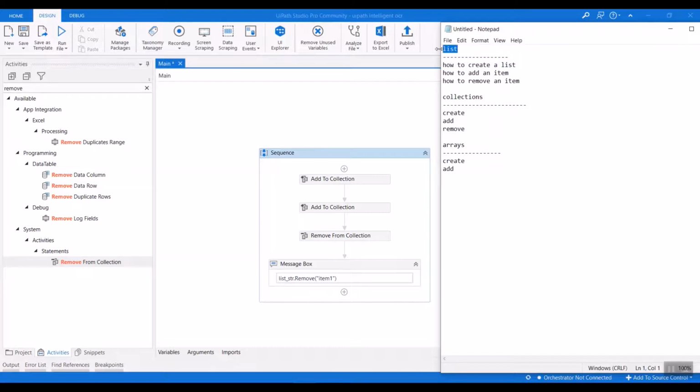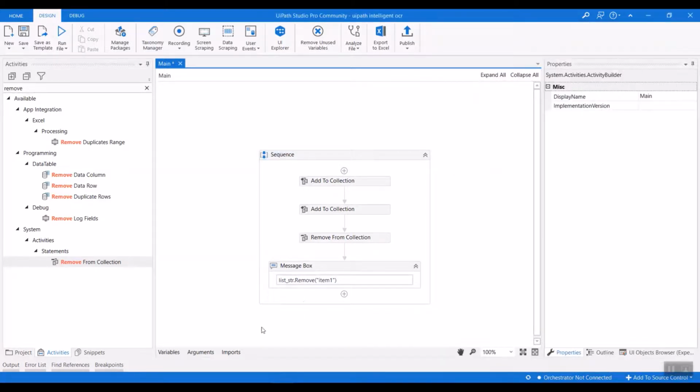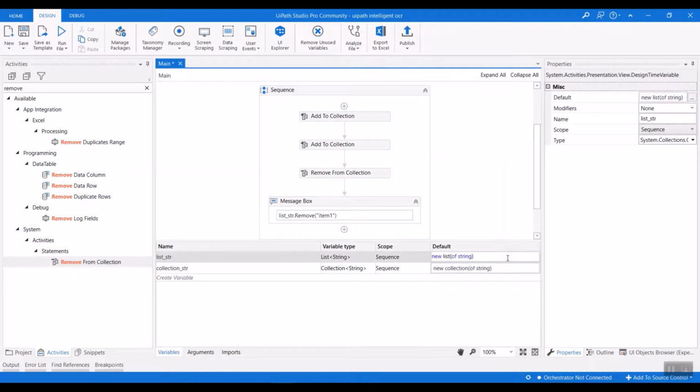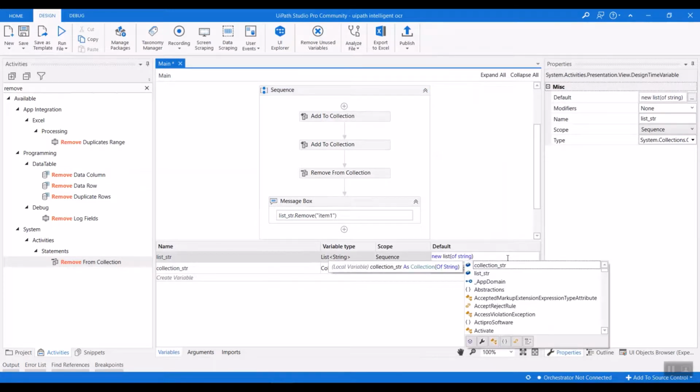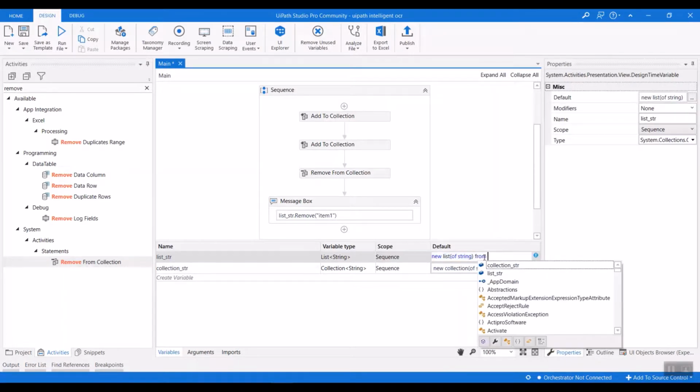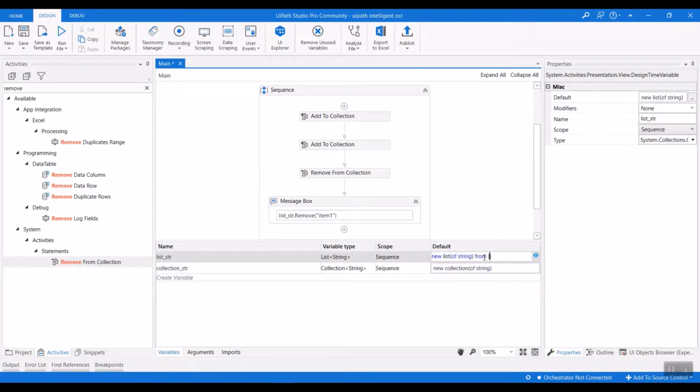So we have seen list and we have seen collection, and in the list and collection we have one more advantage here. You can even define the default list before, without assigning, or without using any activity. So how to do that? You need to follow the same syntax, and after that you need to give from, and give the array of it, like Raju.